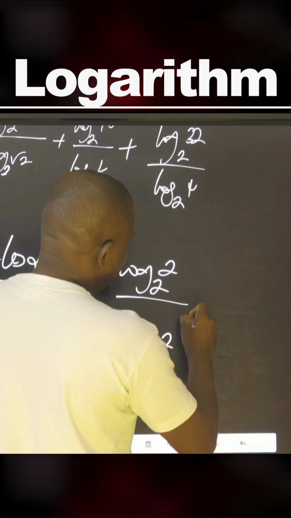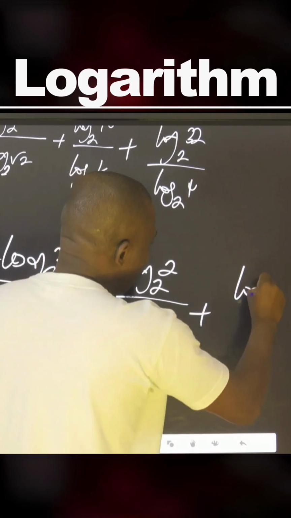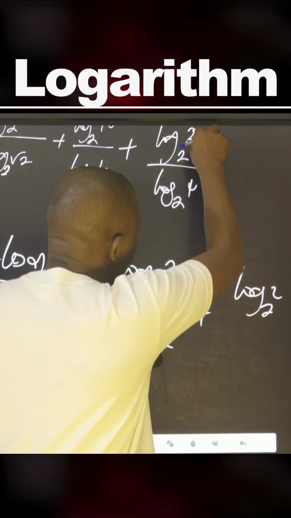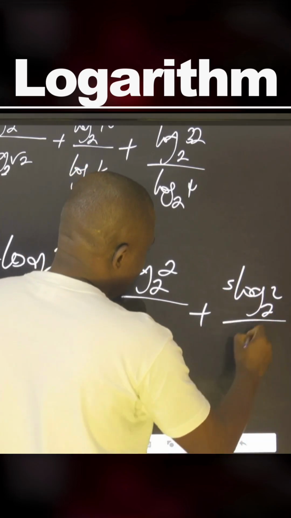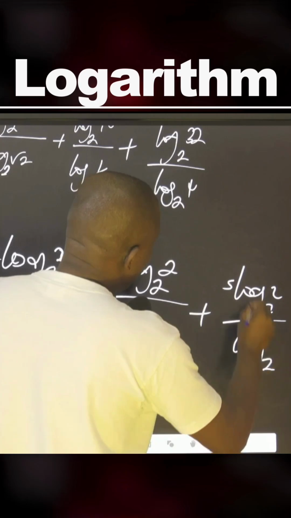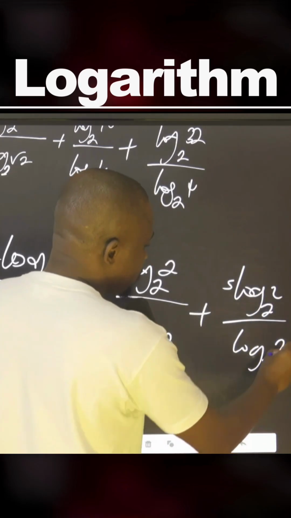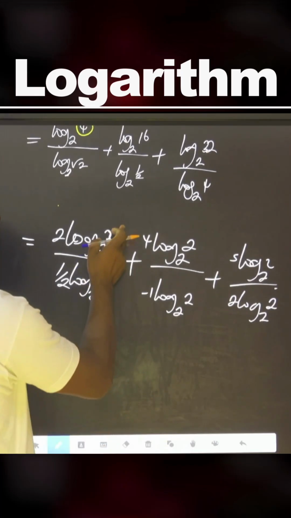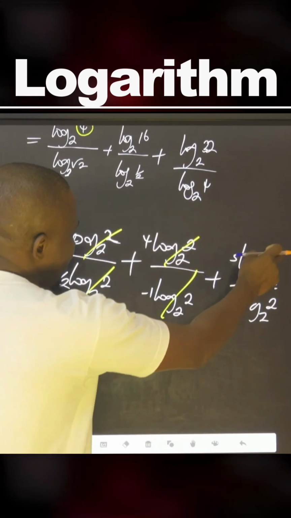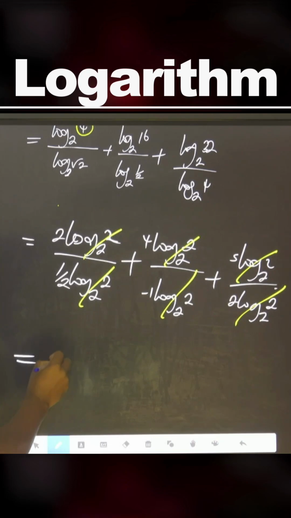Let's go for this one. That is log 2. This 2 is what? 2 raised to the power 5. I should put it here, but I will not put it here. Then this one is 2 raised to the power 2. Instead of putting the 2 here, I will put it here, okay? So you can see, we can cancel this and this now, cancel this and this, cancel this and this. Therefore, what is remaining is